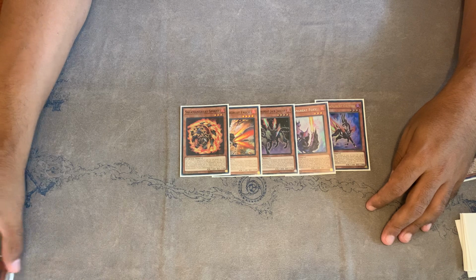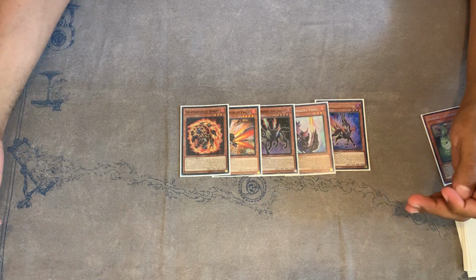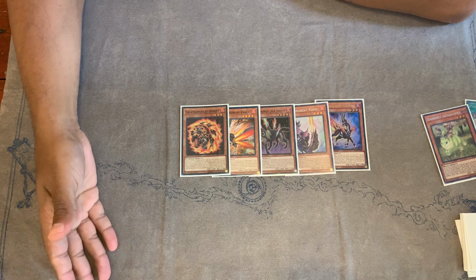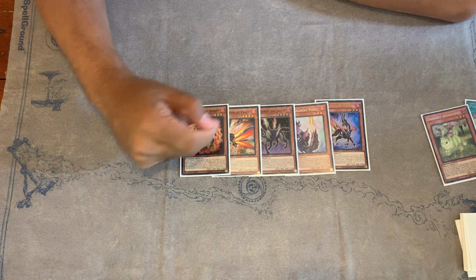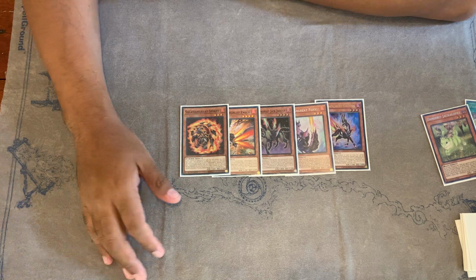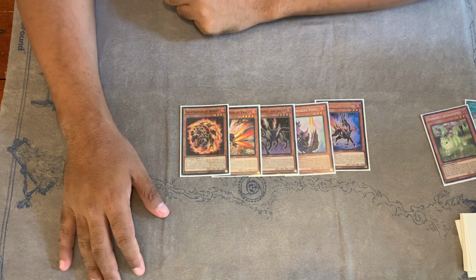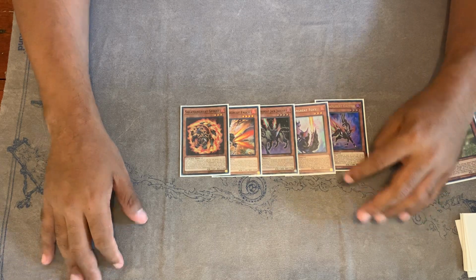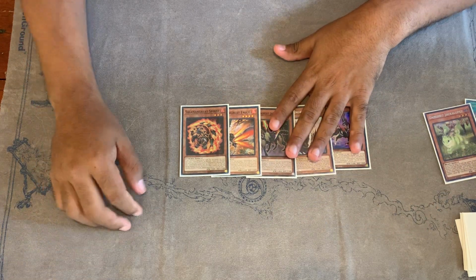They require less setup for the same amount of output generally, whereas a card like Falco requires you to have a Salamangreat on the field to then bounce to hand and have the Falco in graveyard to be able to do that. It just requires a lot more setup. You generally want to have, again, 12 to 14 extenders, and you would prefer to have superior extenders whenever possible